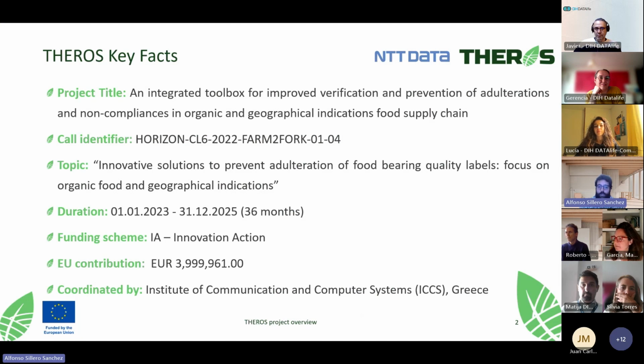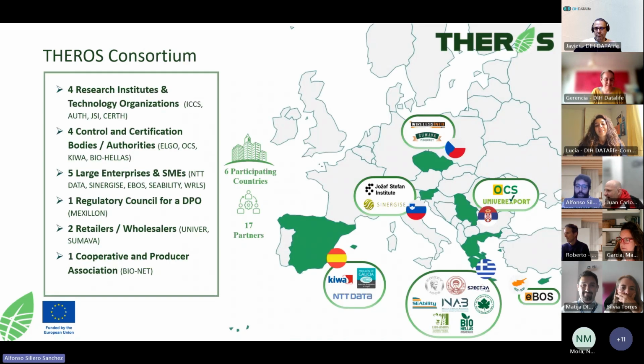Now, let's get into THEROS. What is THEROS? THEROS, the long title, is an integrated toolbox for improved verification and prevention of adulterations and non-compliances in organic and geographical indications of food supply chain. Too long, right? Basically, what we are going to do is take different actors from different countries, especially 6